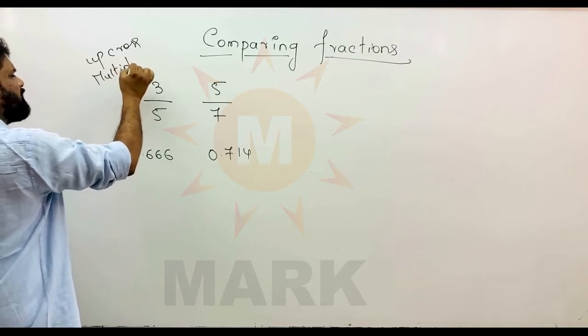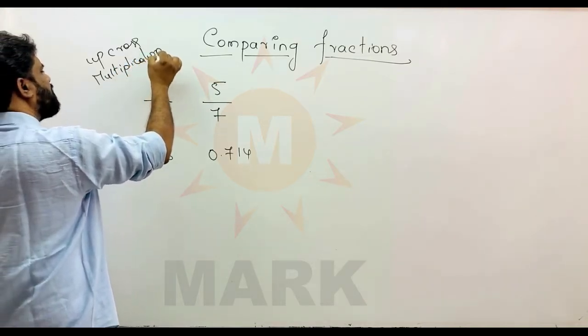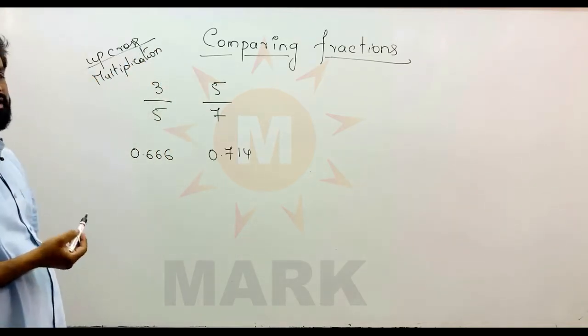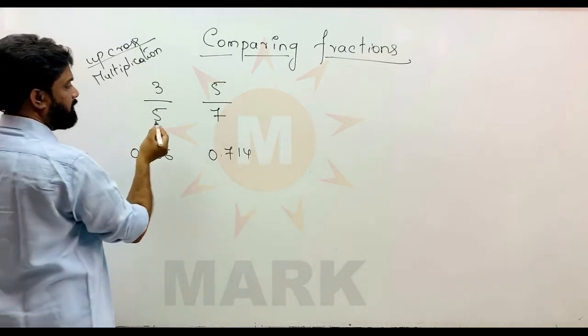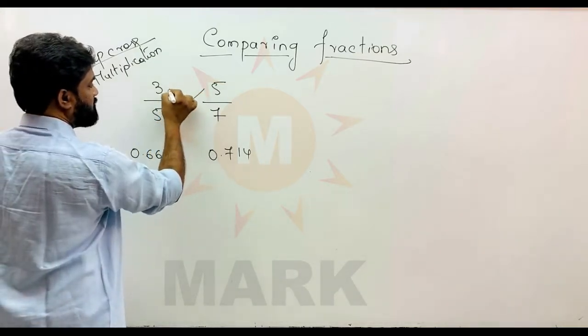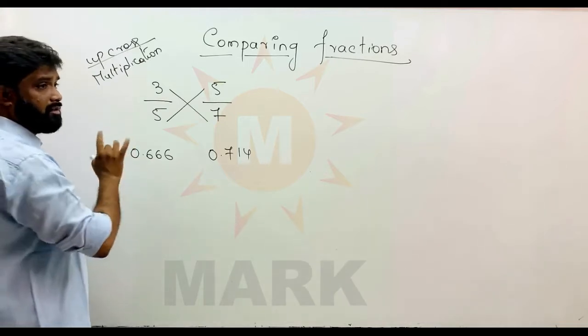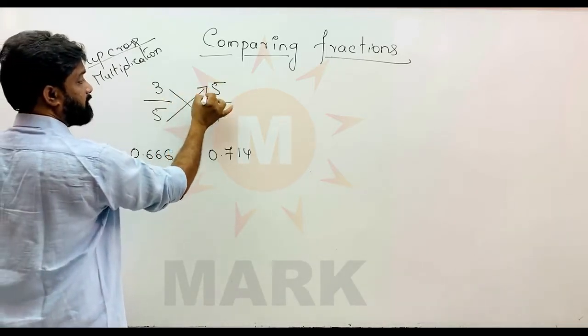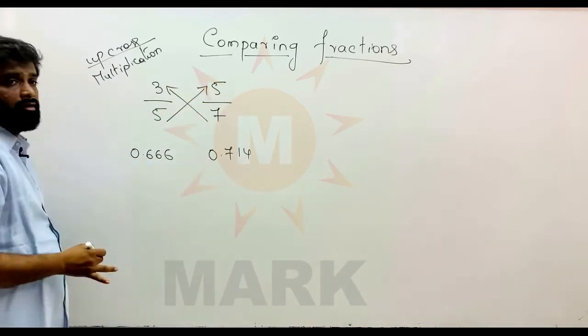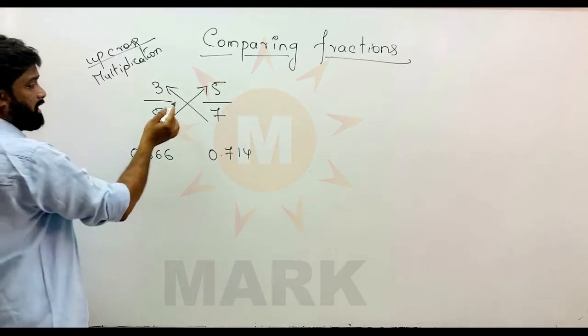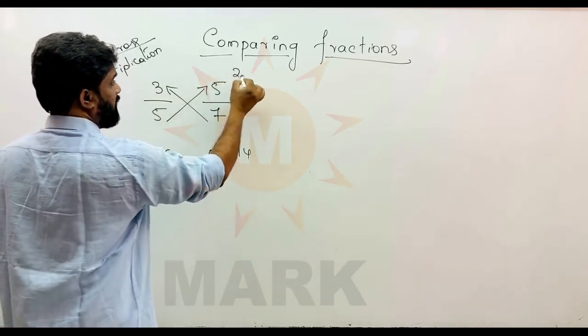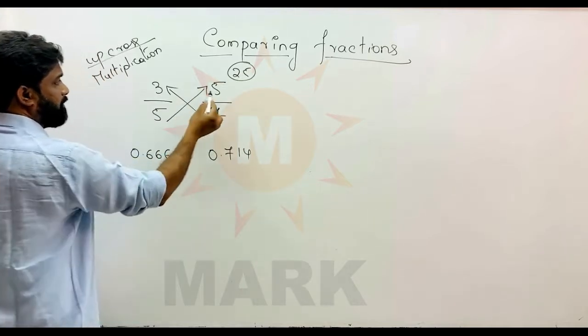So many people call it bottom cross multiplication. So many names are there, but most of the people I heard are calling it the up-cross multiplication method. There is a cross multiplication that you do like this, but the cross travels in the upward direction. Okay, so now this multiplication, 5 into 5, 25. So write the product here. 5 into 5 will give 25.